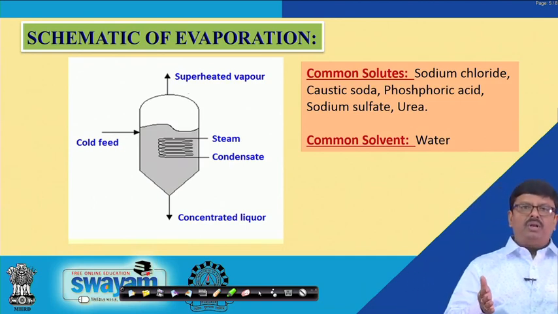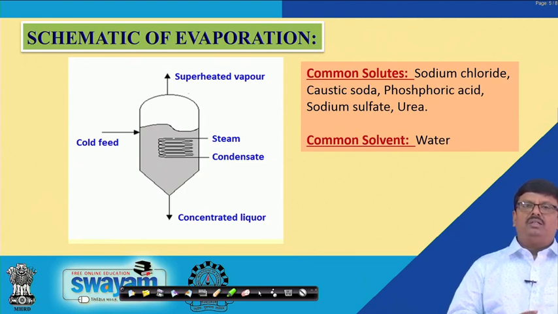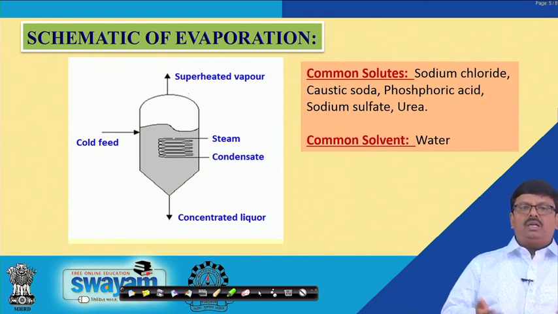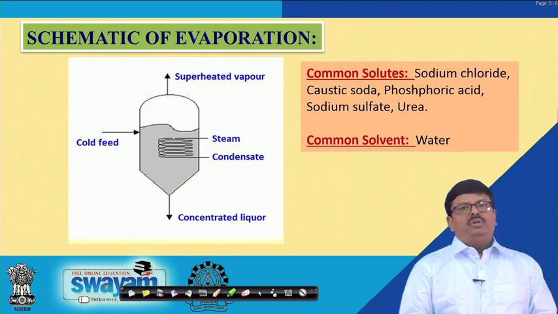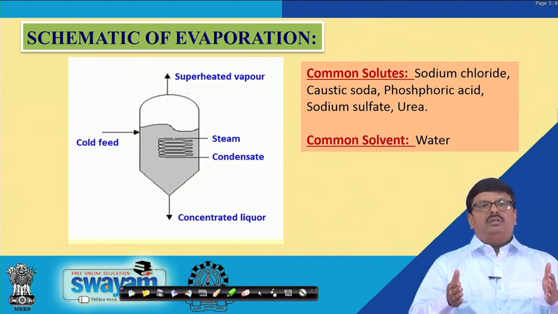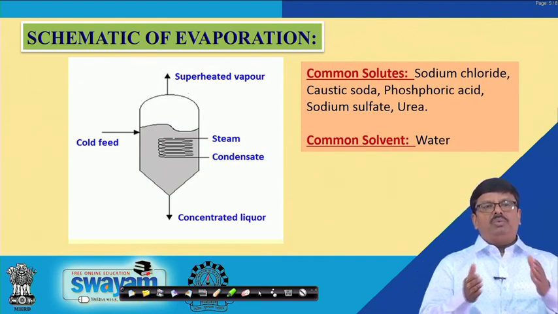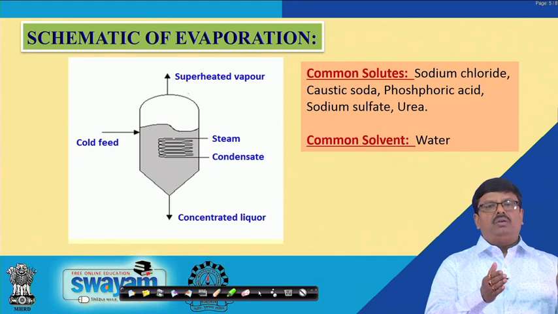Now, the schematic of evaporation. This is a very simple schematic to better understand the evaporation operation. Let us have a look at this figure, where the cold feed, that is the dilute liquor which is supposed to be converted into concentrated liquor or thick liquor,